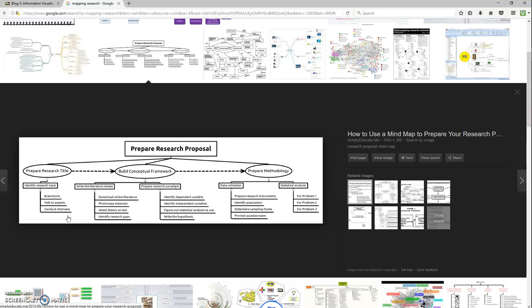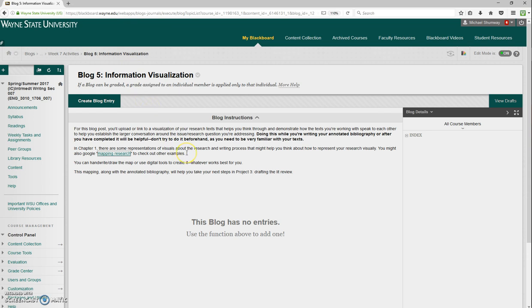All this means is that at the end of this, you'll have a really brief, quick, hand-drawn bubble map that groups authors together based on the way that they're approaching the issue. This will help you understand how you might group these texts together when you actually start to write the literature review. That's why we do this visual map: it's a really easy way to see how all of these sources fit together.